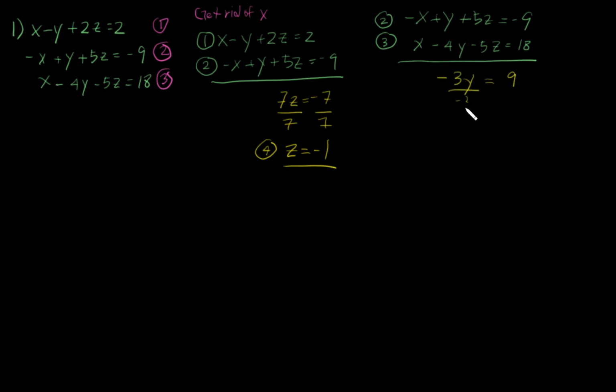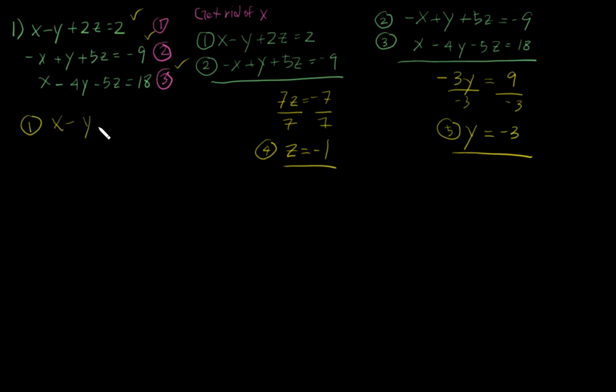Divide both sides by negative 3, so we have y equaling negative 3. Okay, so we have our second variable. You can treat this like the fifth equation, but it doesn't really matter, because once you have the two variables, all you have to do is pick one of our original equations and substitute the two variables in. So I'm going to pick one,